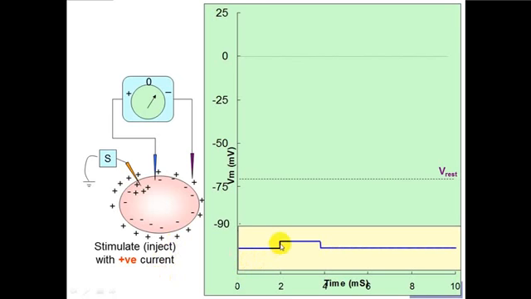So that is a positive current being injected. Current injection is starting here, continues for some time and ends here. So when you do that, what you see in the membrane potential will be recorded over here, and we can see that the injection of the current reduces the number of negative charges inside, and what you get is a change in the membrane potential. The membrane potential goes from around minus 70 millivolts to something like minus 65 millivolts. It stays there as long as the current is being injected, and when the current injection stops, it drops back